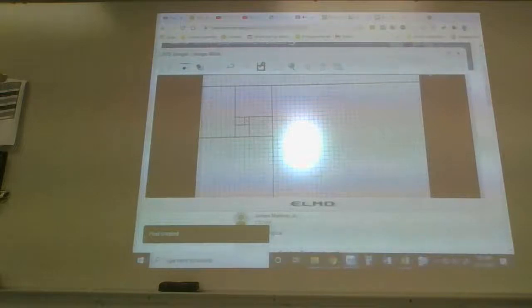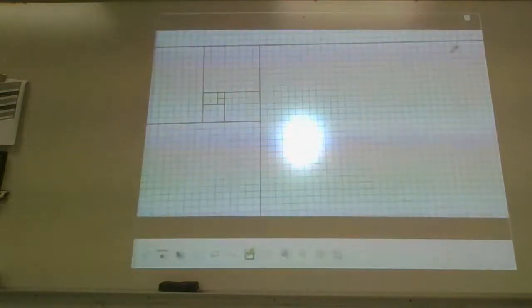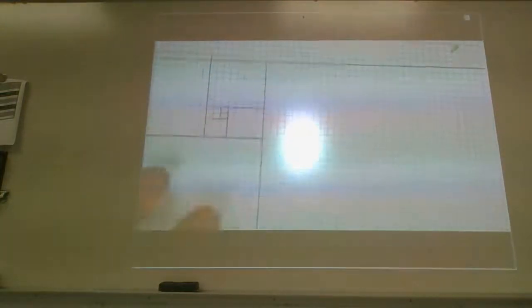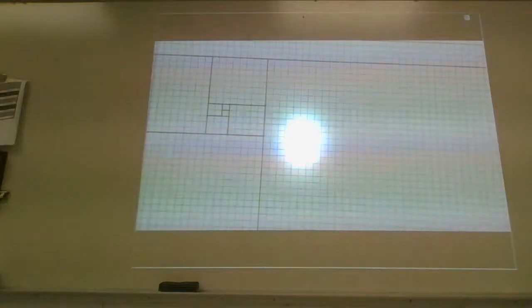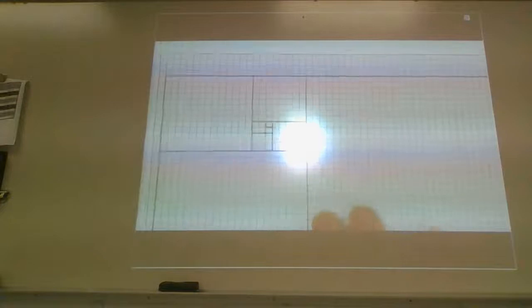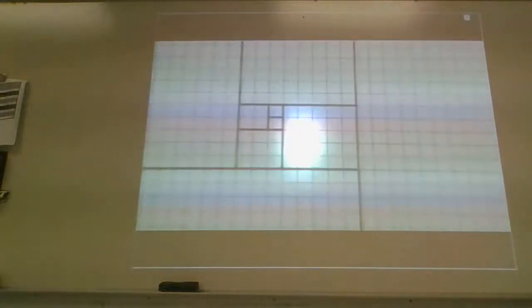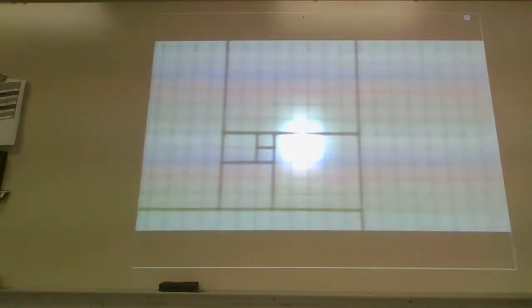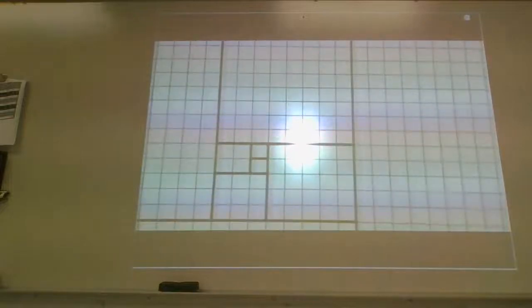But let's go back to here. So what I'm going to do on this little golden spiral right here, and you guys can, obviously, when you're in the class with me, you can totally do this. But for those of you that are home, it gets a little bit dicey. But you can see that thing that I drew where it goes 1, 1, 2, 3, 5, 8, and it's doing this weird kind of little spiral thing.